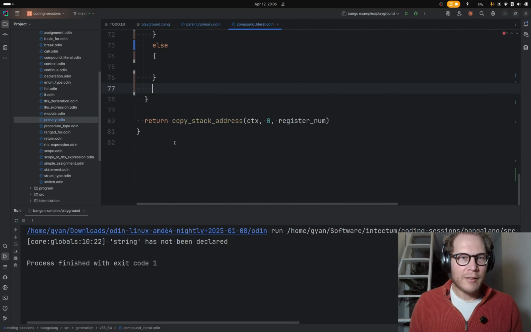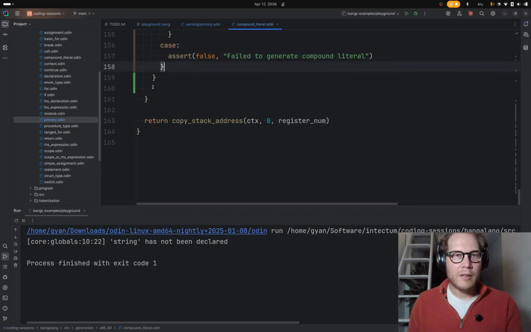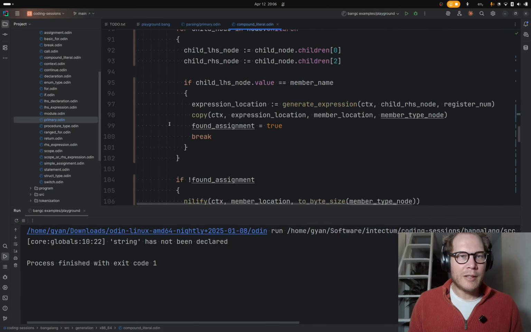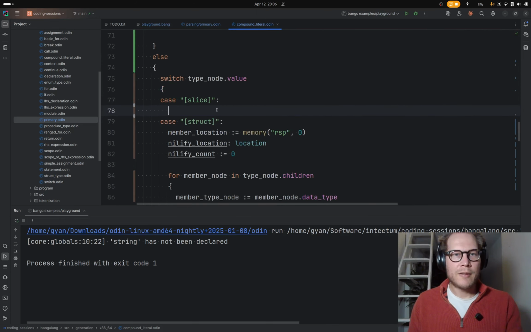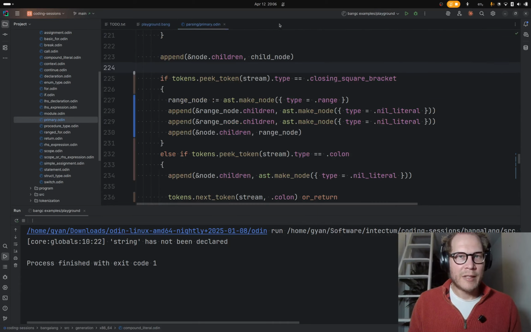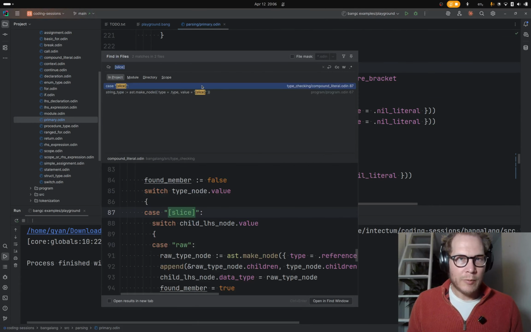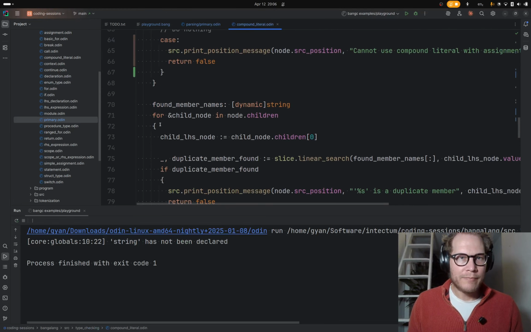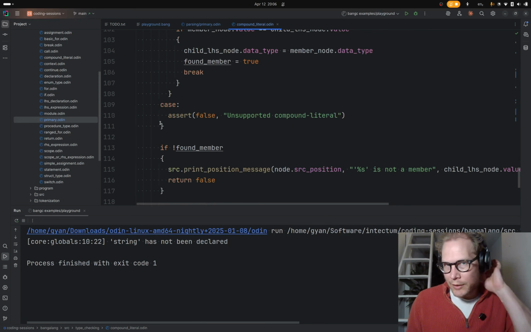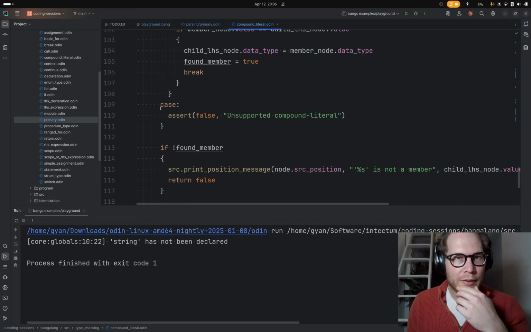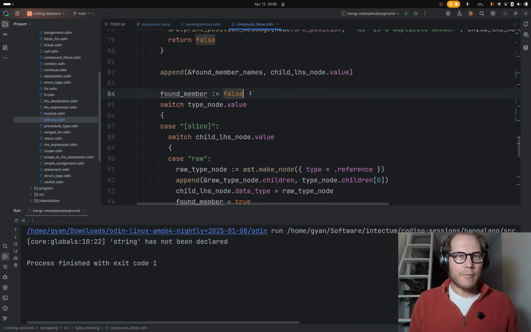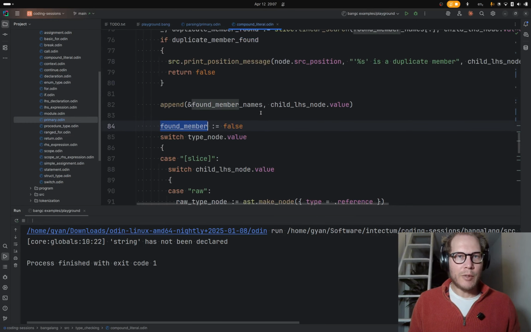Okay, get this switch, put it in here. And we get the slice case, and we put it up here. This is probably something similar. It looks like only slice is supported. Oh no, struct. Okay, I think we need to keep that above, so